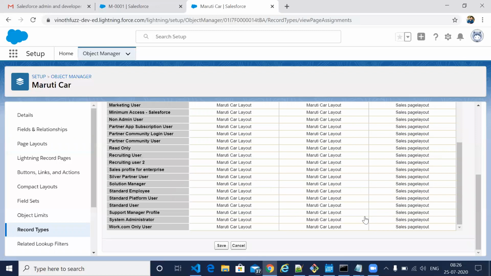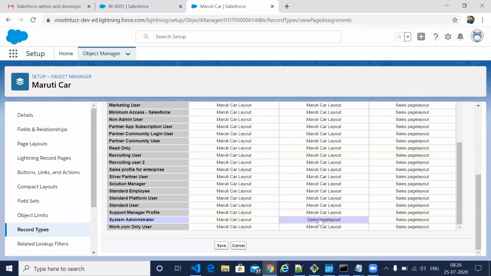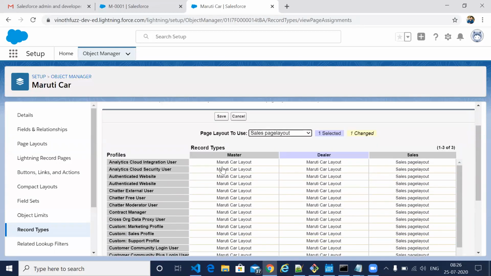If you want to change it for system administrator, you can just choose this one. From here, you can change it to sales, and it will get changed here. Like this, depending on the profile and everything, we can arrange the different page layouts.